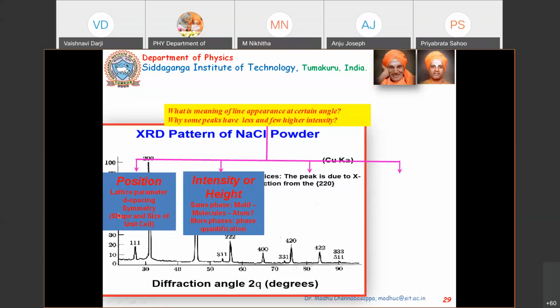And then what about the position? It would give the information of the d spacing. For example, as I explained in the beginning, the d spacing is the distance between two interplanar crystal planes, okay. That is given by your theta. So n lambda is 2d sin theta. If you take n lambda equal to 2d sin theta,